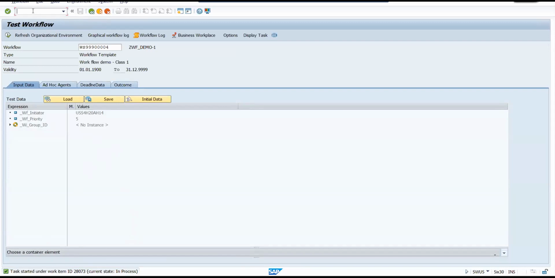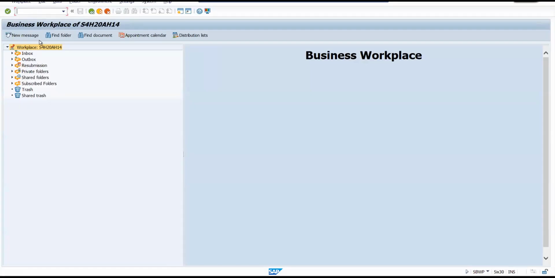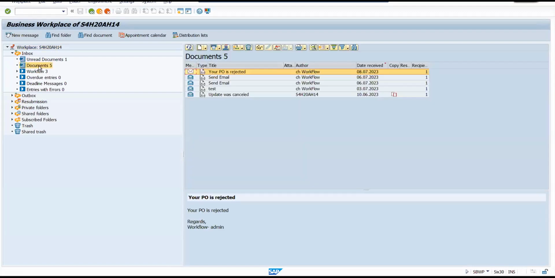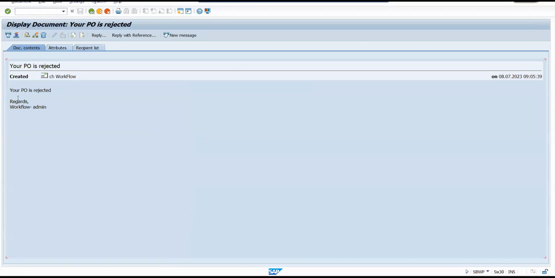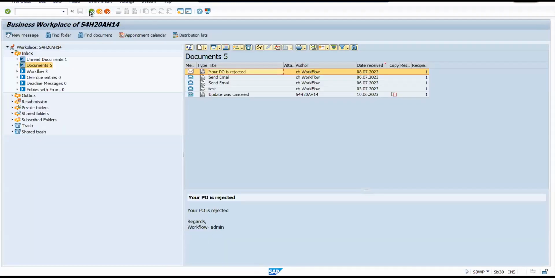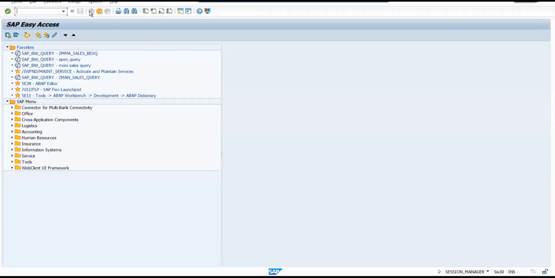Now if you go to the SAP Business Workplace transaction, then you can go to the inbox and documents, where you will be able to see the email saying your PO is rejected. You can see your PO is rejected. This is how you can get the email. So this is one thing. Another thing,